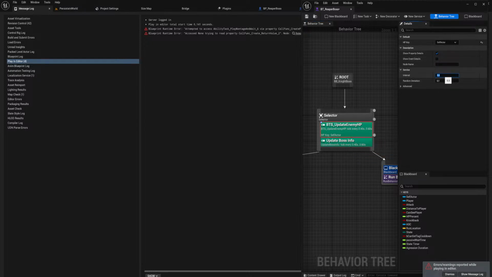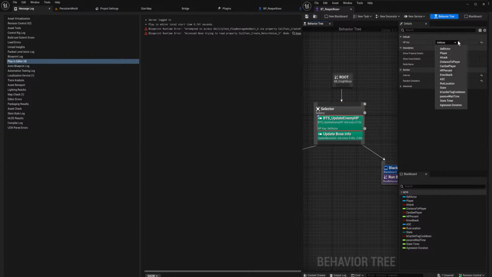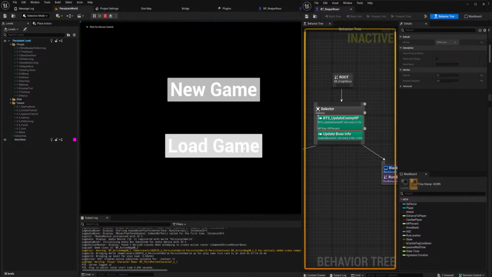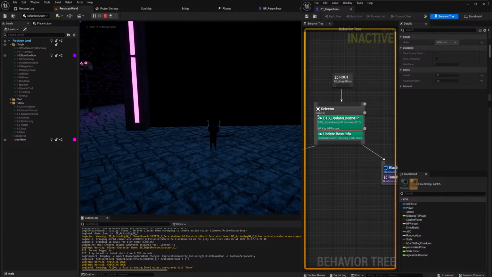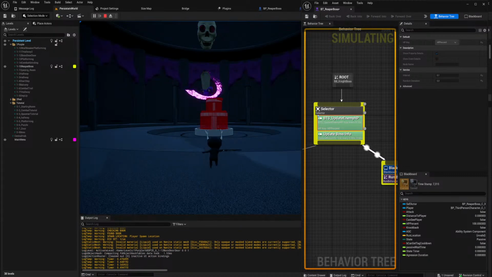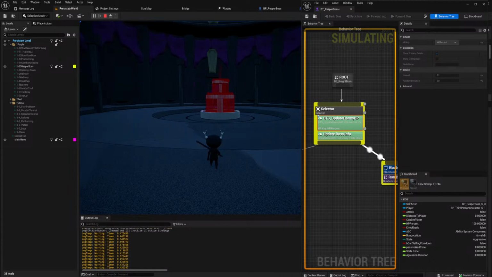I probably want to update this a little bit more often, like every 10th of a second, with no random deviation, preferably. So this always has more or less the most updated information available, and then the HP key will be HP percent. So now it shouldn't set it instantly to the last state. So our aggression duration should jump to like 26 seconds in a moment. Except it's not.